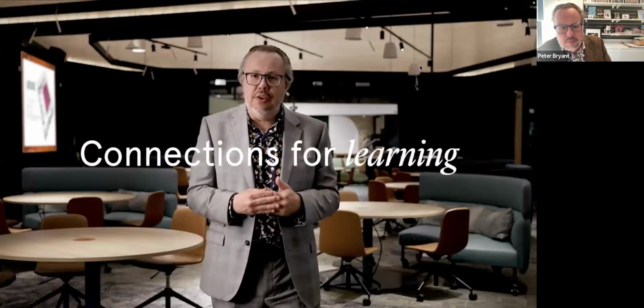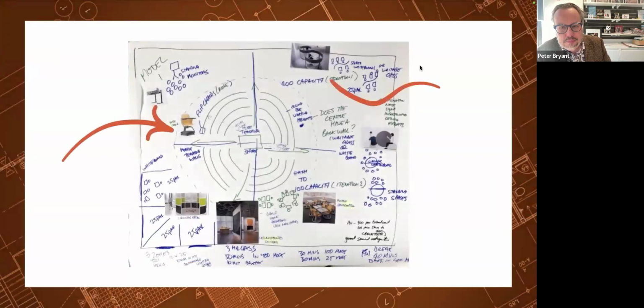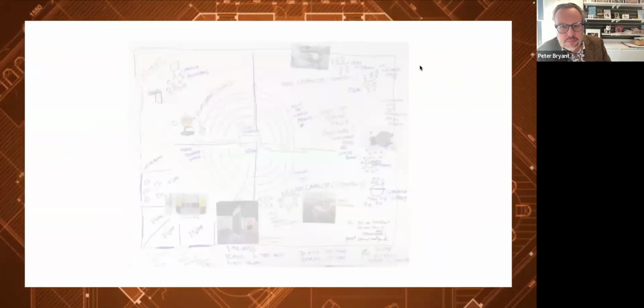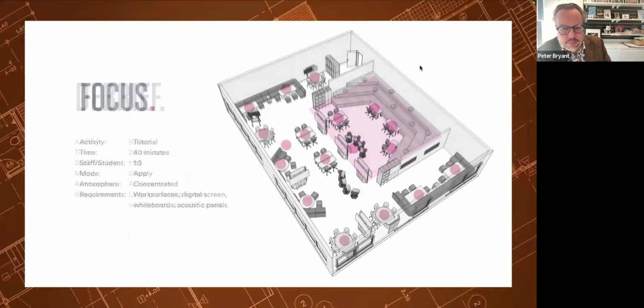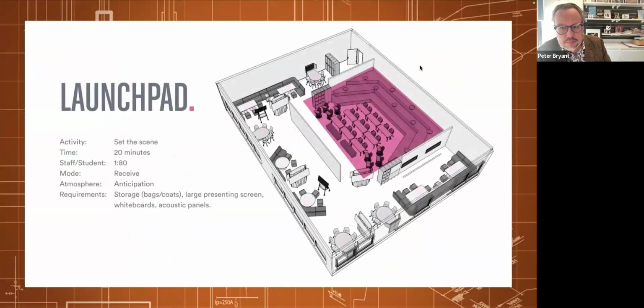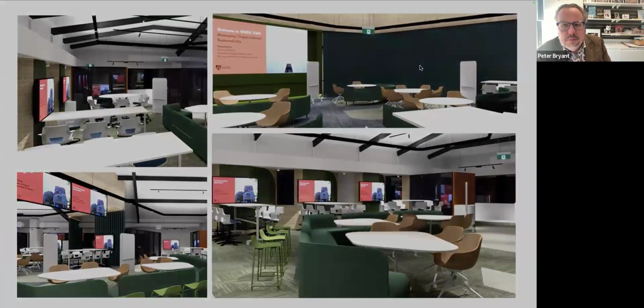The Connected Learning at Scale approach changes the way in which students engage with their academics, with their colleagues, and with the theory that they are studying. The Connected Learning at Scale approach is very much driven by using connections for learning. So in 2018, we thought about what kind of space did we want to do that. We sat down with a large piece of paper and we drew it, working with our UK partners Think Forward, and then with the university infrastructure team and with our architects, Architectus. We came up with this space.